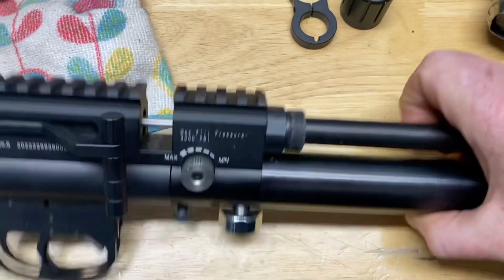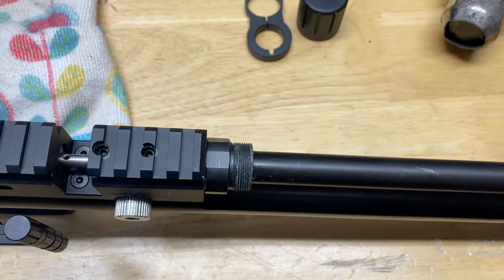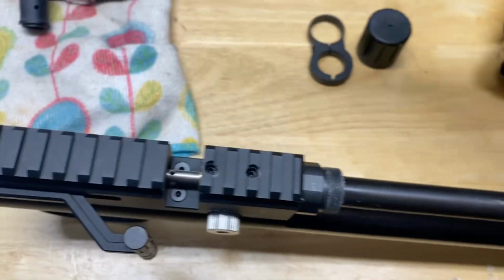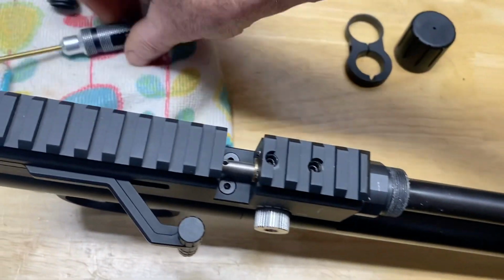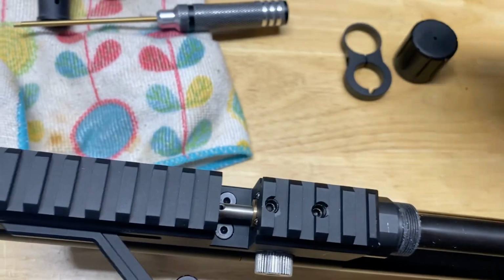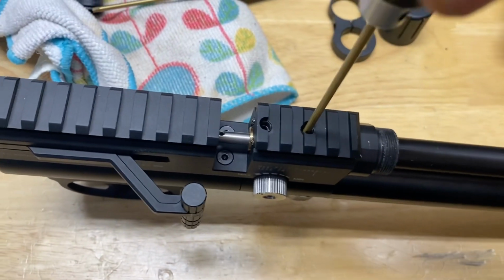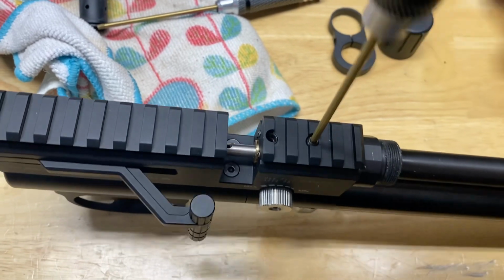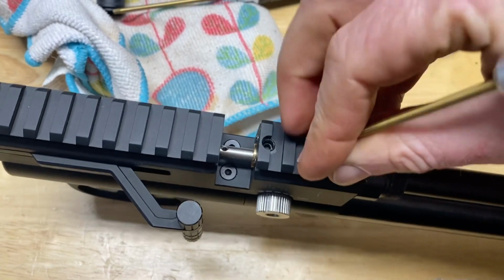Now, once again, we have it in this orientation. What we're going to do is we're going to take a 2.5mm Allen again. And we're going to remove, we're not going to loosen, we're going to remove both of the Allens on top of the breech